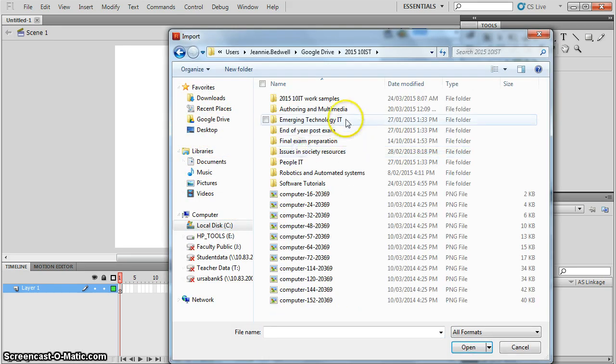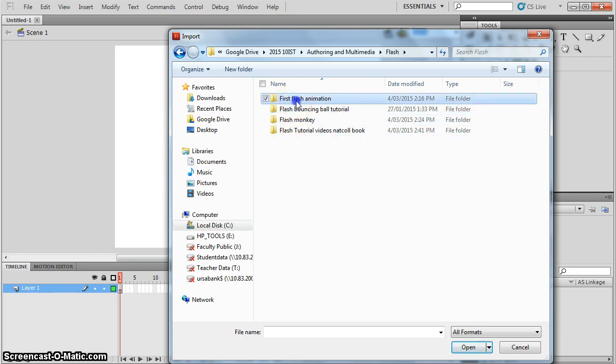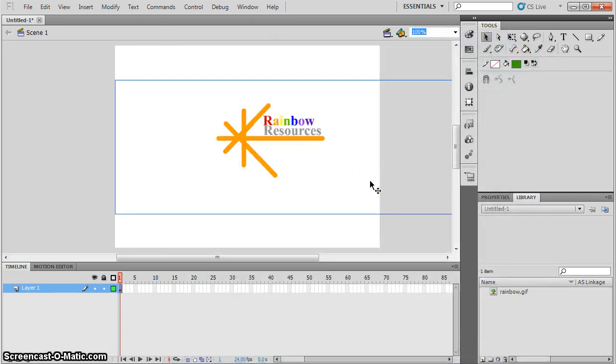Should be sitting in my IST folder, and you'll see here that there is a GIF file. So I will open that and it will sit exactly onto my stage. GIF files we learnt about last year when looking at different file formats. So GIFs are usually used for small animations that need to be of a small size for use on, say,